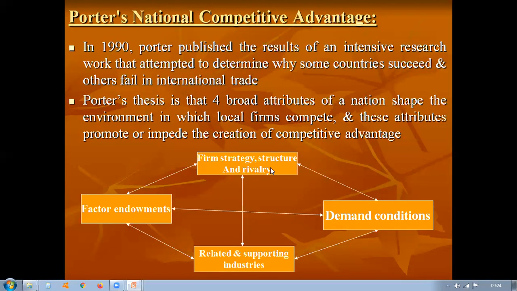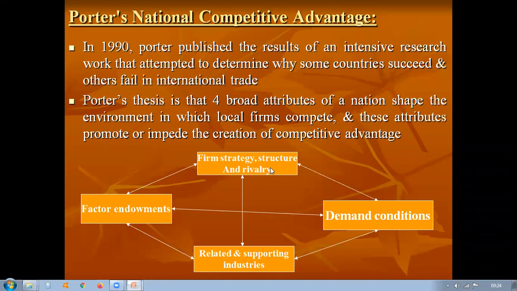So the quality of the material, quality of labor, quality of all other factors at lower prices would definitely give a competitive edge to the company